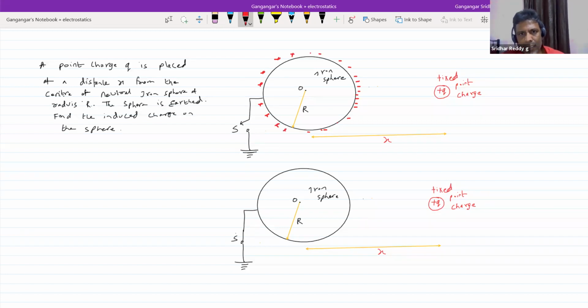Will you write this as equal to how much? How much is this induced charge? We don't know. Qi, plus Qi. So there's a problem. Now I'm trying to find out how much that induced charge is by this experiment. In all other numericals, we were just saying plus Qi, minus Qi. Now here I'm going to predict the magnitude. Just find the induced charge on the sphere after it is earthed.